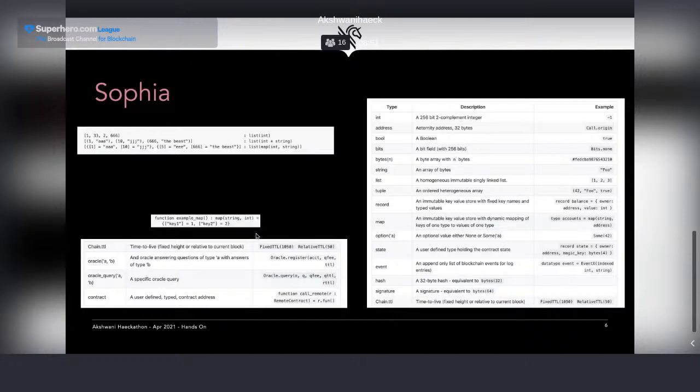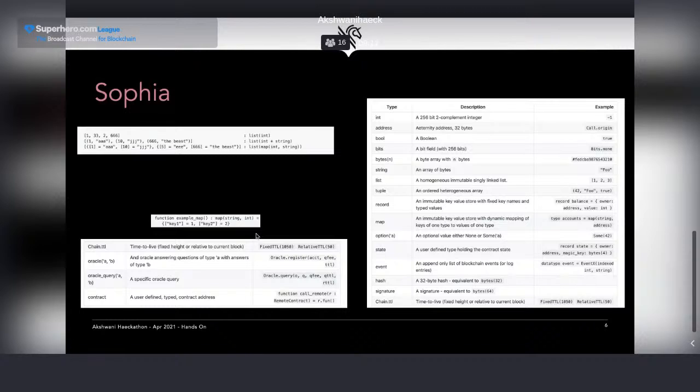So you have the main types of data that you can manage for your smart contract, like strings. You have a special one for list, you have tuple, you have record, which is going to be pretty much used. You have, like I said, the map for key-value storage.